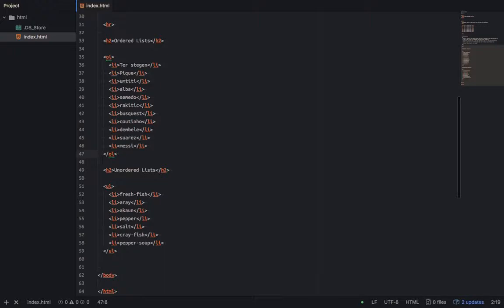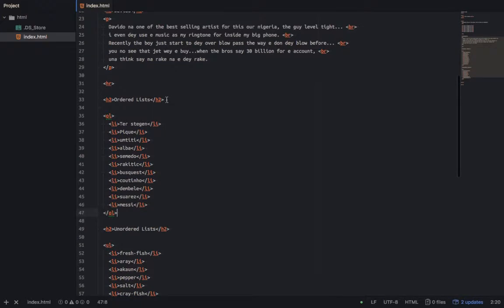Now an attribute is something you put at the start of your HTML tag to modify the tag. You add some additional information about that particular element. When I say element, I mean this whole thing you see here: the h2 plus the word and the closing tag. That is the element. So we use attributes to add additional information to this element, and the attributes always go inside the opening tag.